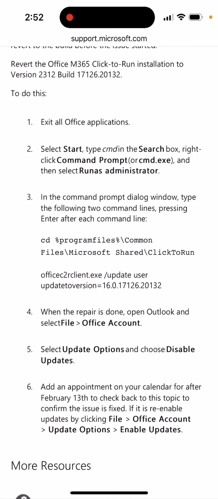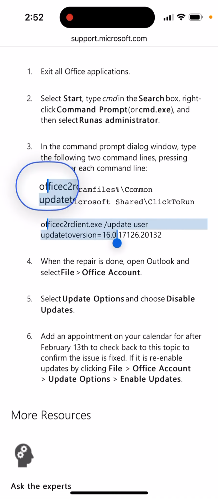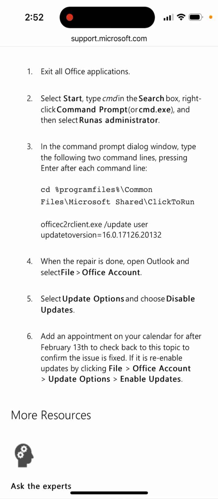cd in programming means that you just go to that directory. So it means that you will just go to the directory click to run. And then just after you copy that in your command prompt, just tap enter. And then you just copy the second line here, office, just copy that and then again